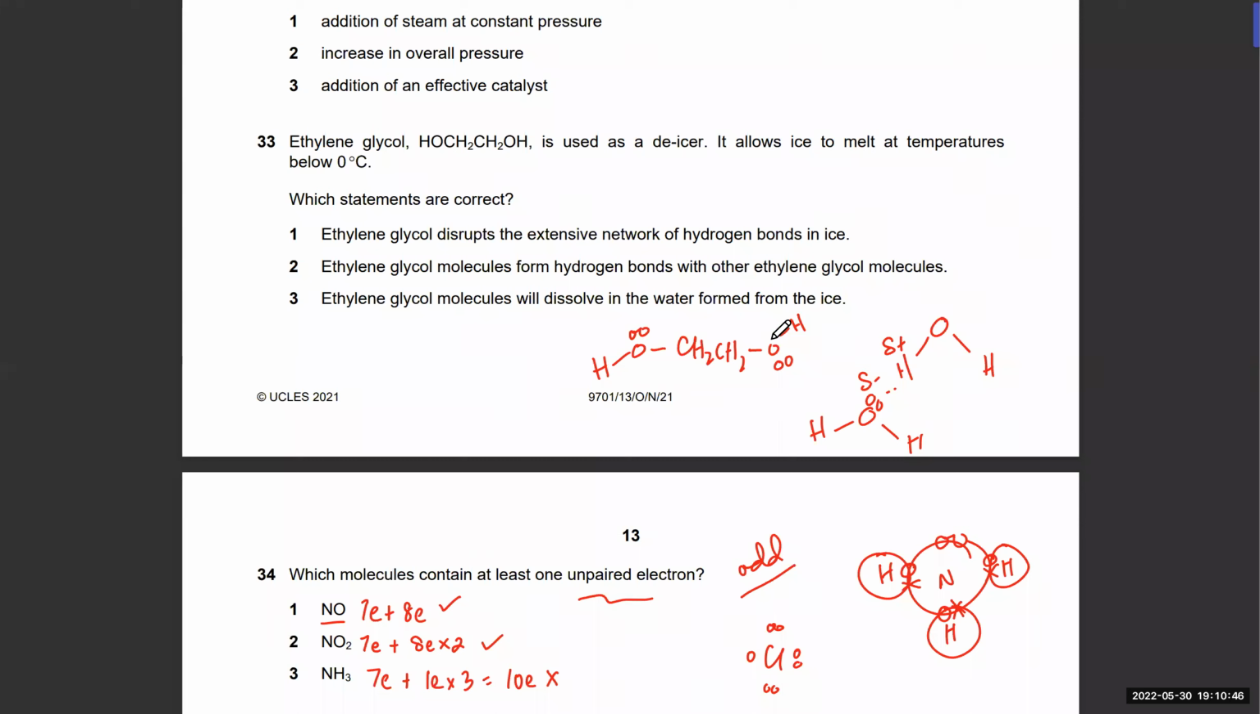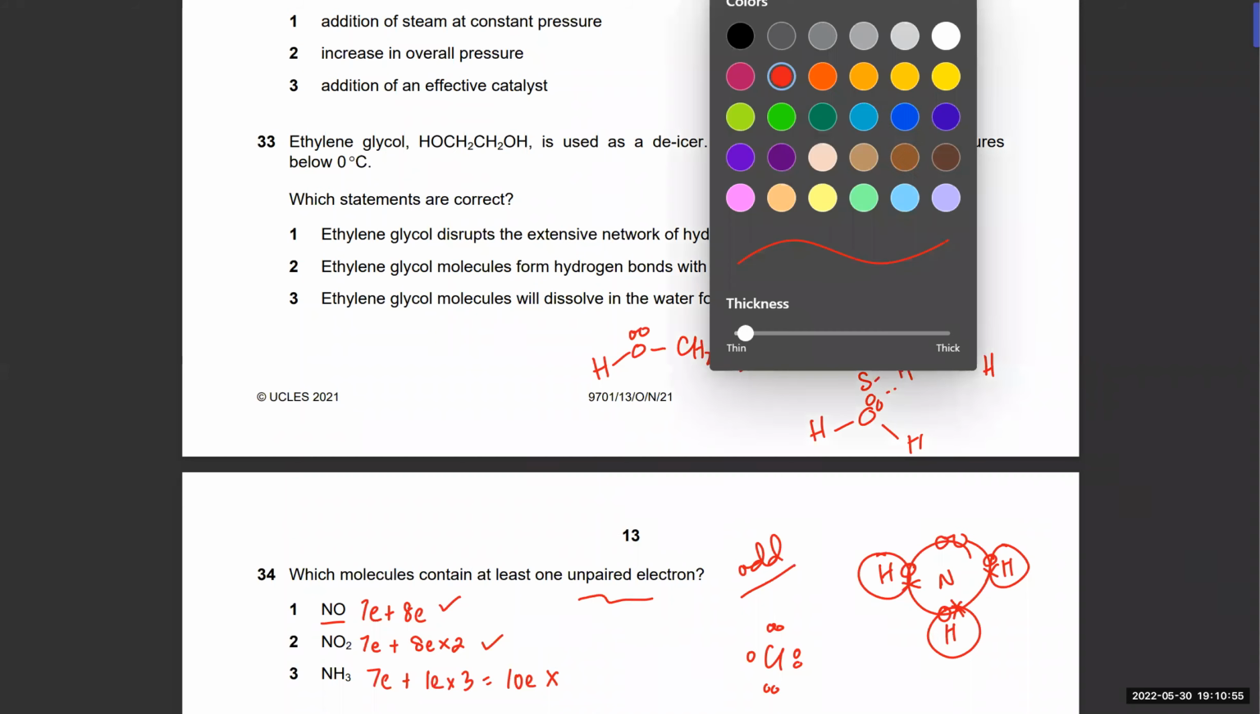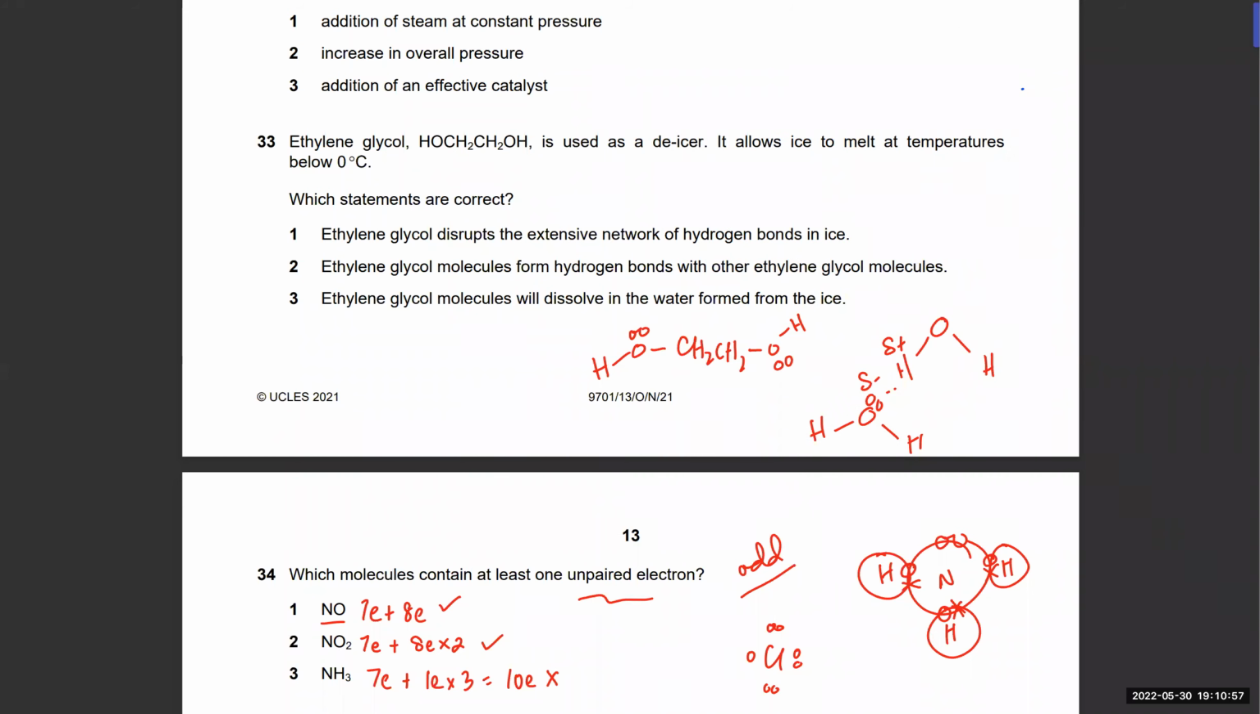First thing, can it form hydrogen bonding in the first place? Yes, so it can form hydrogen bonds, right? So the H is positive. The lone pair has a pretty strong negative charge. So can it